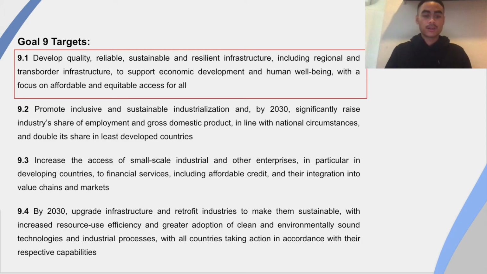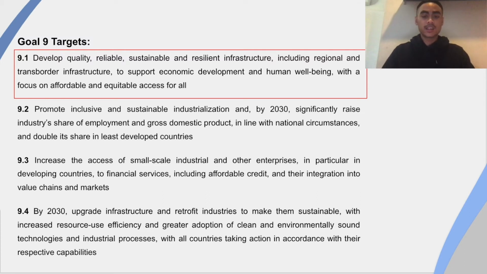Here there are around 5 targets. First of all, I'm going to talk about target number 1, which is about developing quality, reliable, sustainable, and resilient infrastructure to support economic development and human well-being, with a focus on affordable and equitable access for all. Moving on to the second target, it is to promote inclusive and sustainable industrialization, and by 2030 significantly